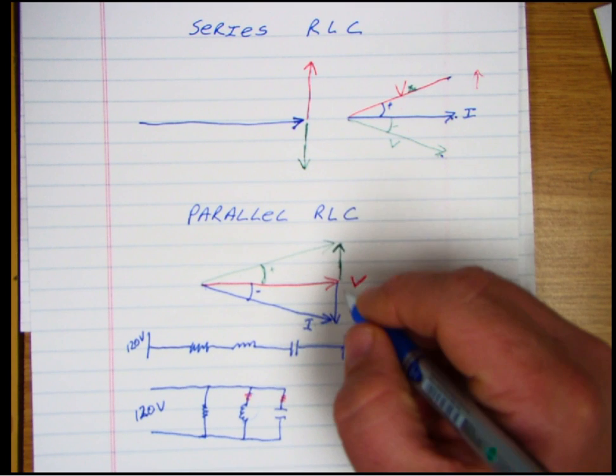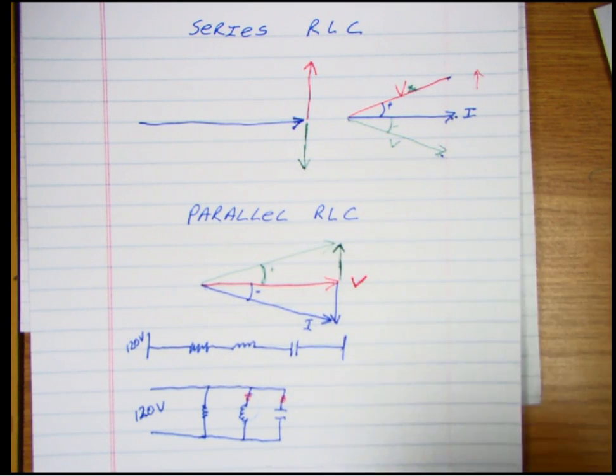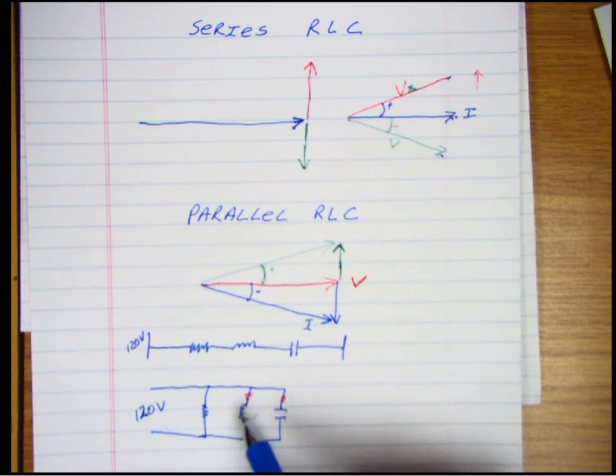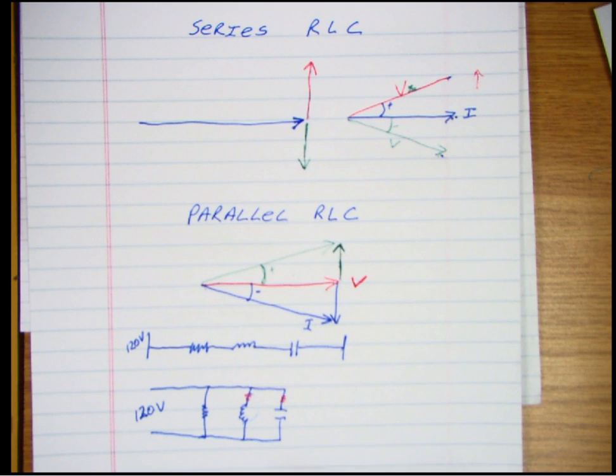So, parallel circuits, we're always adding currents, right? If we had three resistors in parallel, and this had 2 amps, and this had 3 amps, and this had 4 amps, we just add them up together, and that would give us 9 amps of total current flow, right? We're going to do the same thing in parallel, only now we're going to add them vectorially, and because we're